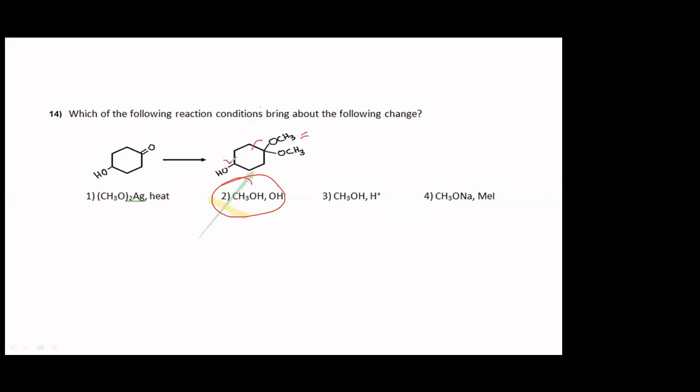And OH is still intact, which means you are supposed to use it in basic medium. Acetal formation happens both in acidic and basic medium. Even this is a good reagent, provided there is no OH here, or if you had a Cl there, then this would have been a very good reagent. Because you have the base here, so best reagent would be option 2, this one. Okay, any doubt?